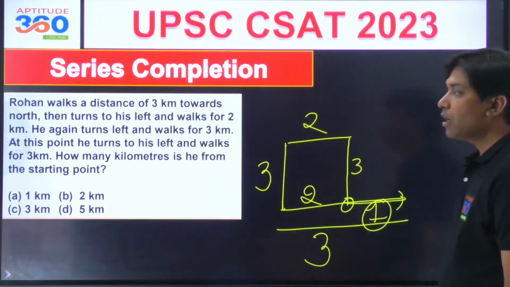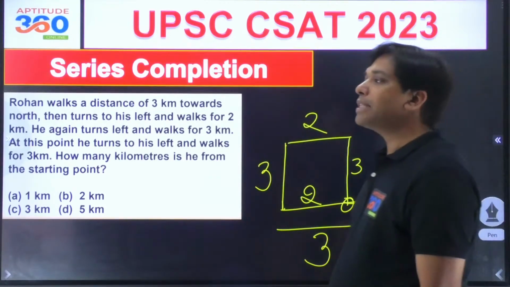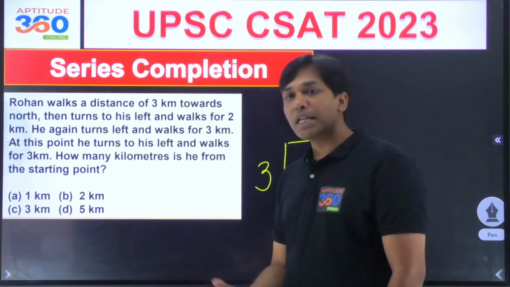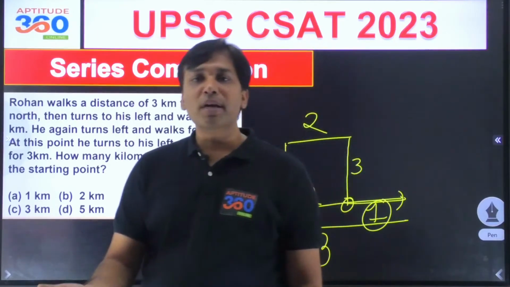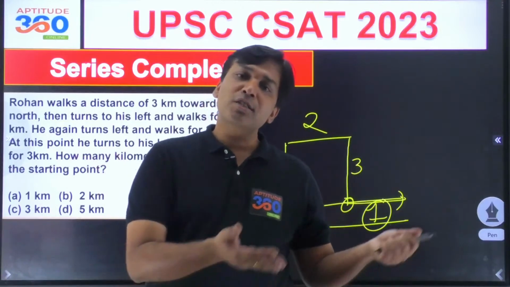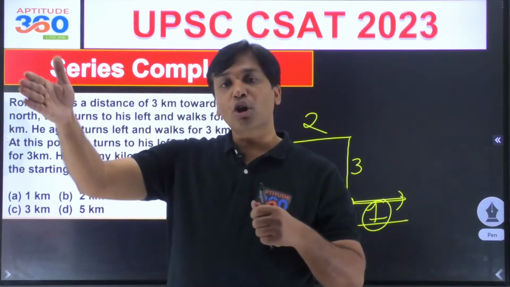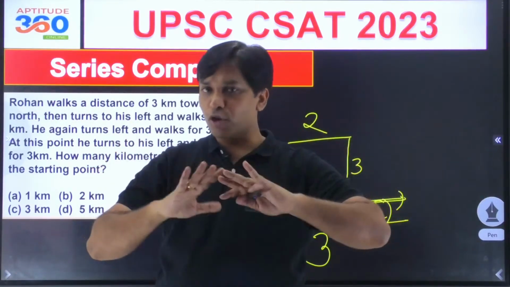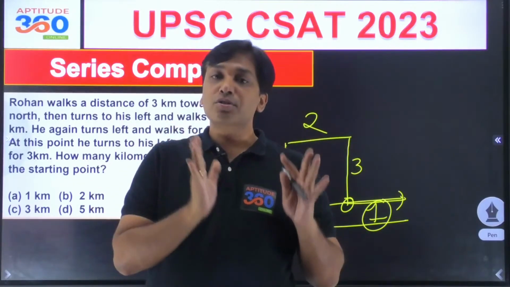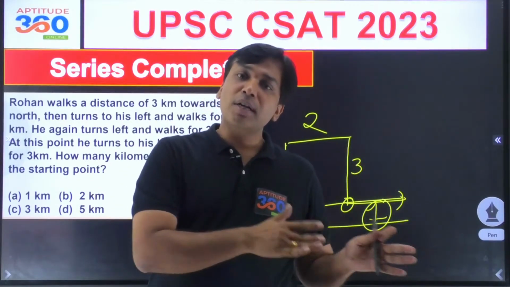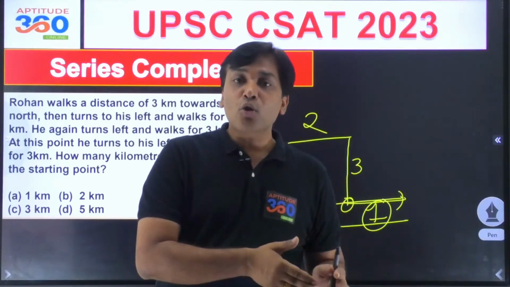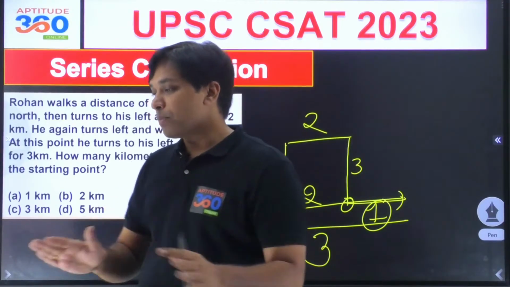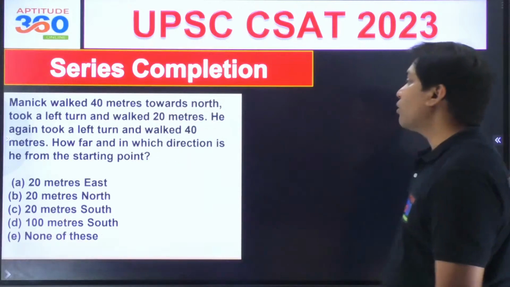Is this okay? So what is it that we are learning out here? Left means anti-clockwise. If the problem tells you very specifically clockwise, anti-clockwise, you're not bothered. If the problem is very specifically telling you that you go to the north or the south and then east and the west and so forth, you're not concerned. You're concerned when problems are talking in terms of left and right. Left means anti-clockwise, right means clockwise. Problem is simplified, isn't it? Now, go ahead and solve this one.